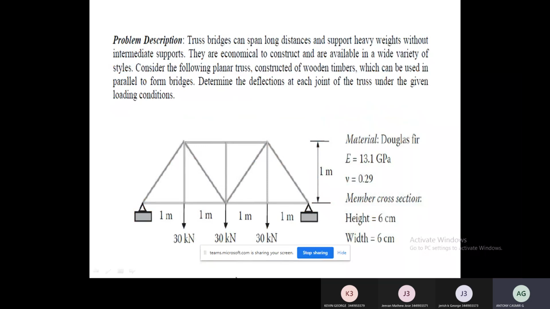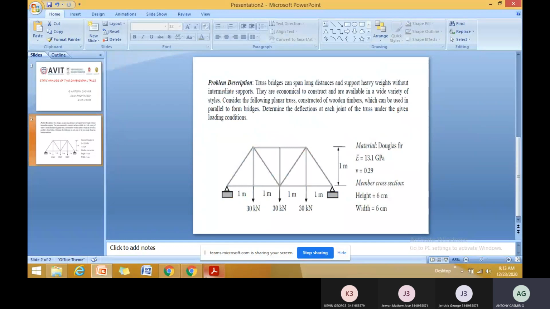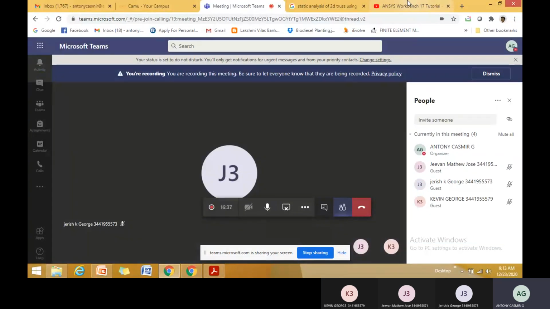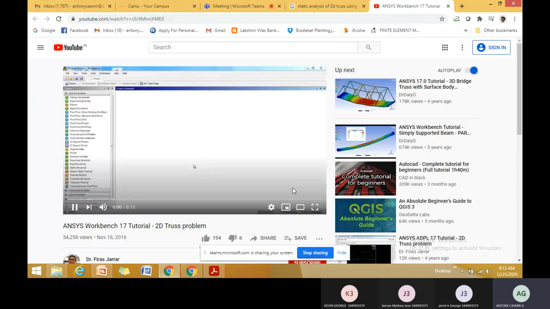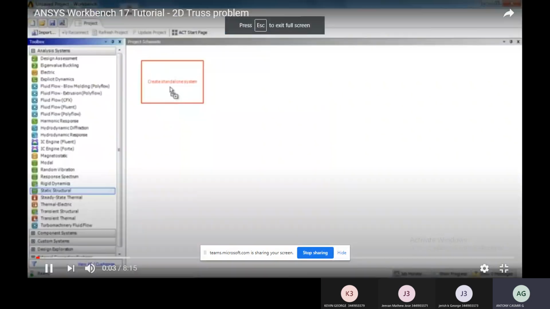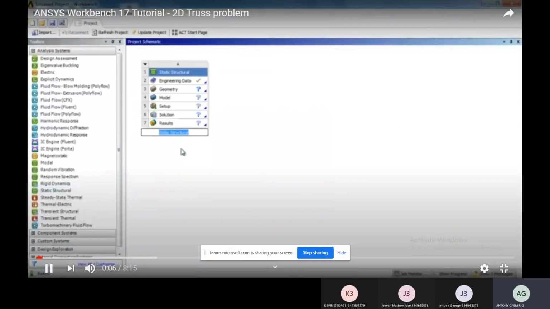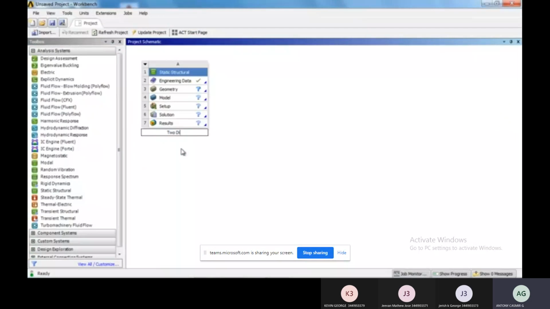In the system, we are supposed to open the Workbench software. Is it clear? Many kinds of versions are available in the Workbench software. In this Workbench software, it mainly consists of all the engineering designs. In this particular problem, there are seven different steps to be followed. One is the static structural engineering design, the geometry module setup, everything.